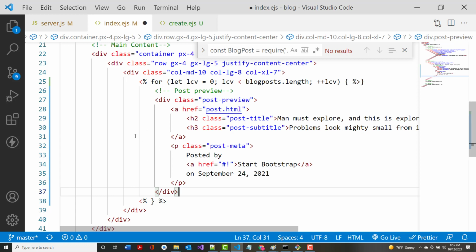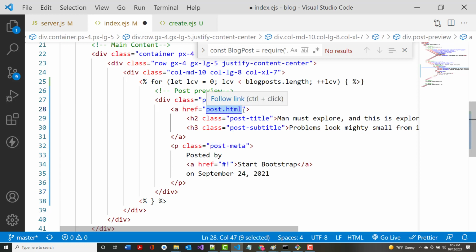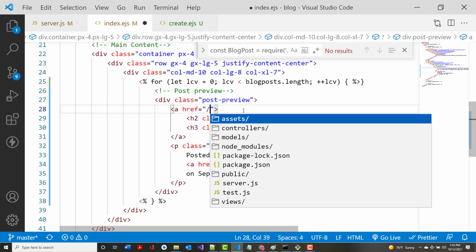All right. So, well, what do we want in here? Well, remember, we don't have the person's name yet. All right. We will have their ID, but we won't have their name. All right. We'll have their name later on this week. So right here where it says this, post.html, we're going to replace that to begin with. So we're going to come in here and say, whoops, try it again. Come on. There. Slash